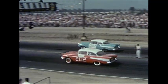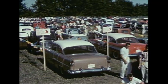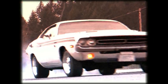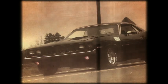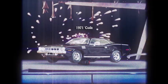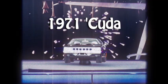By the mid-1960s, street racing had become so popular that even the car manufacturers got involved. This was the dawn of the muscle car era. In 1971, in what most consider the muscle car's pinnacle year, Chrysler fused the legendary 426 Hemi with a compact and sure-footed Plymouth Barracuda. Now, nearly 40 years later, the 1971 Cuda is on record as the most valuable muscle